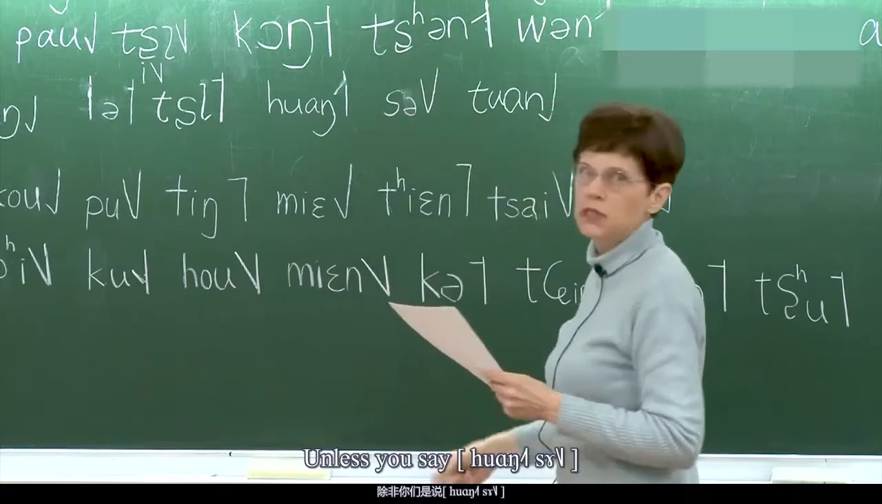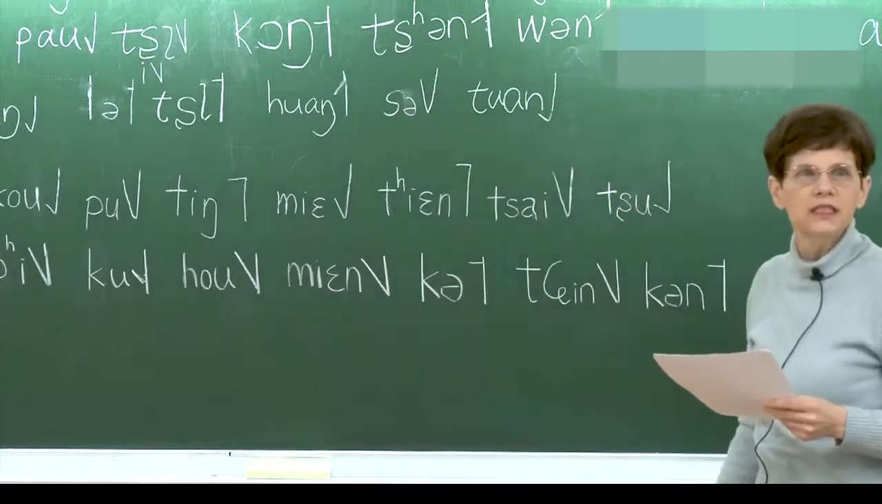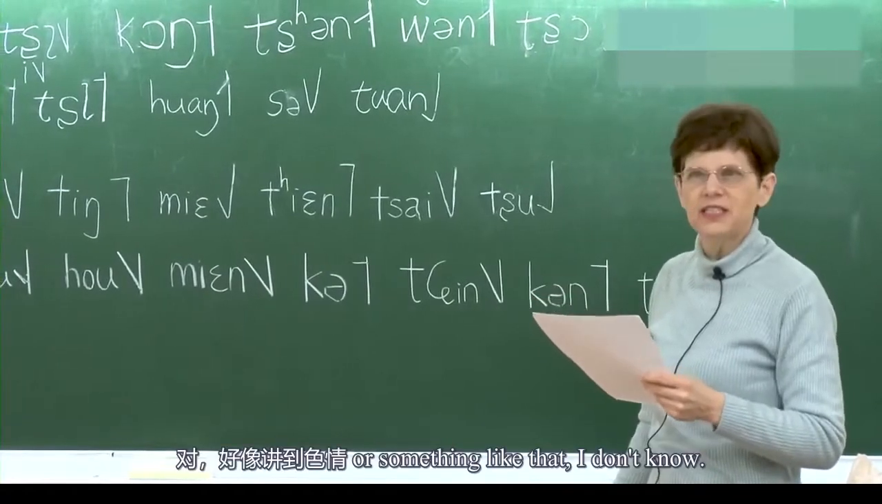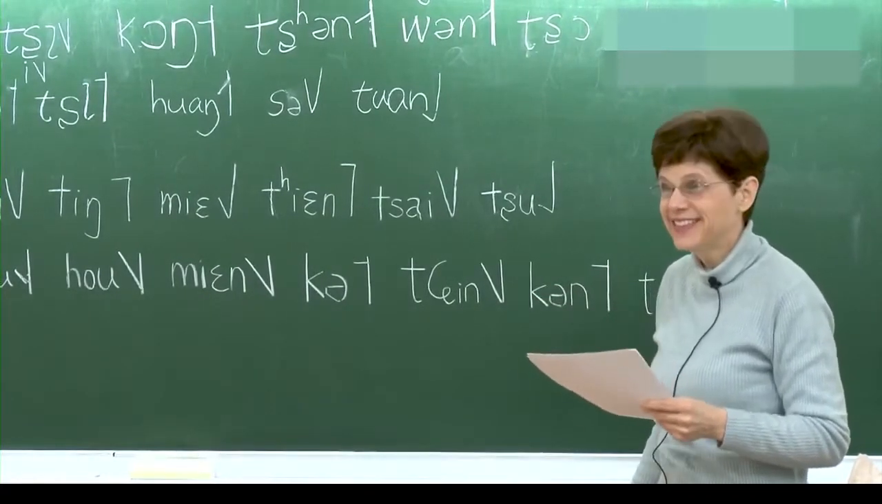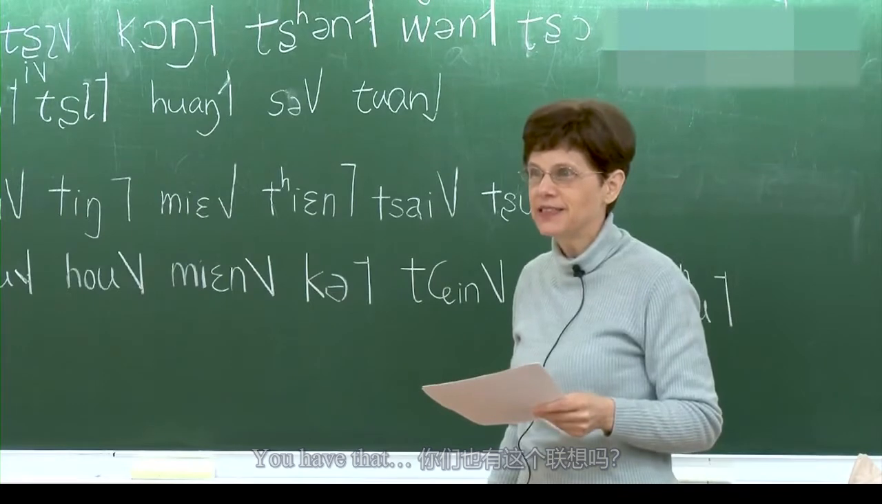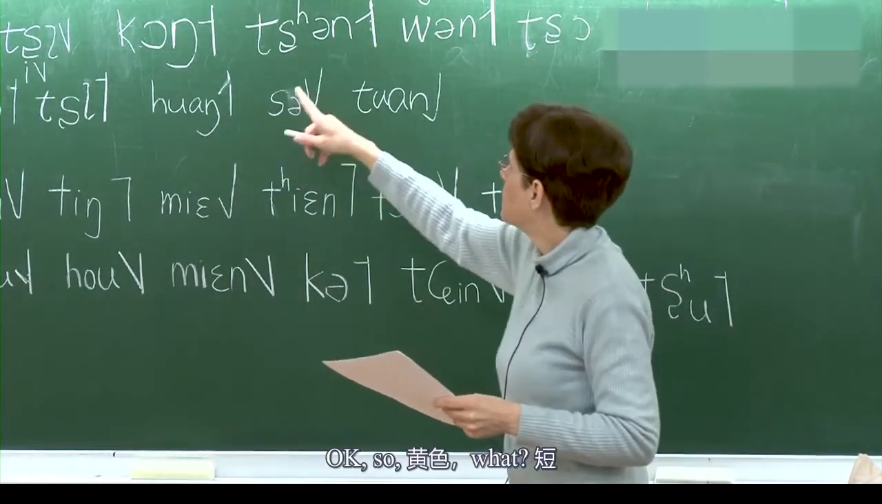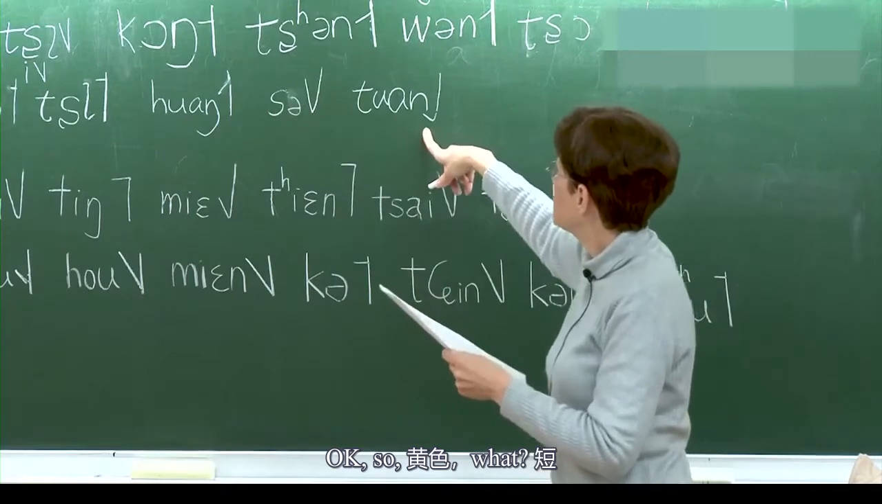黄色, unless you say 黄色, but that sounds like 对，好像讲到色情 or something like that. I don't know. You had that? 你们也有这个联想吗？有，因为黄色 it's much more 平淡. Okay, so 黄色 what? 短